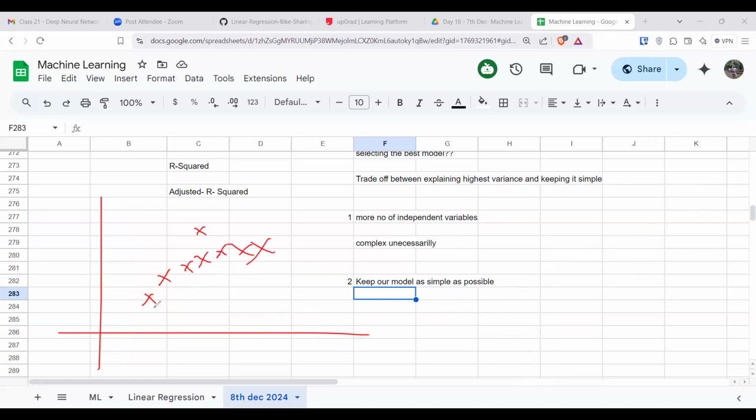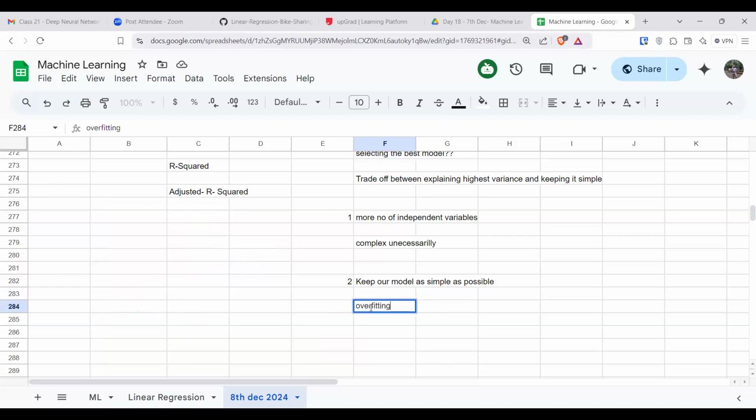In this scenario, I am in a position to miss these 2 points. I'm not taking them into consideration, and that is totally allowed. Otherwise, to take these 2 points into consideration, I would need to take a higher degree curve like this, and that makes our model complex. That also introduces the term overfitting, which we have already discussed. That is nothing but high training accuracy, but testing accuracy substantially fails. The testing accuracy is very low,